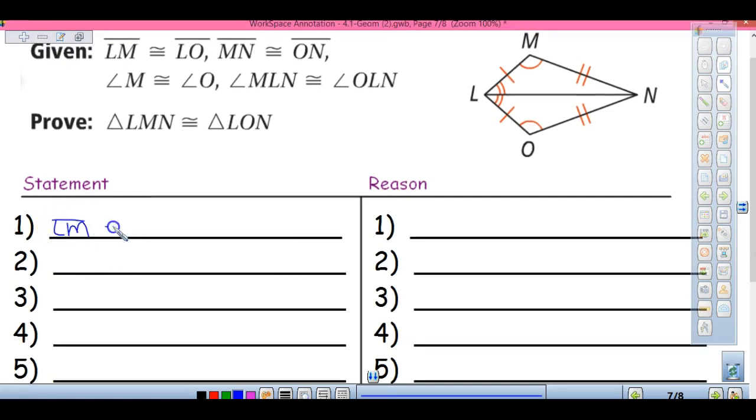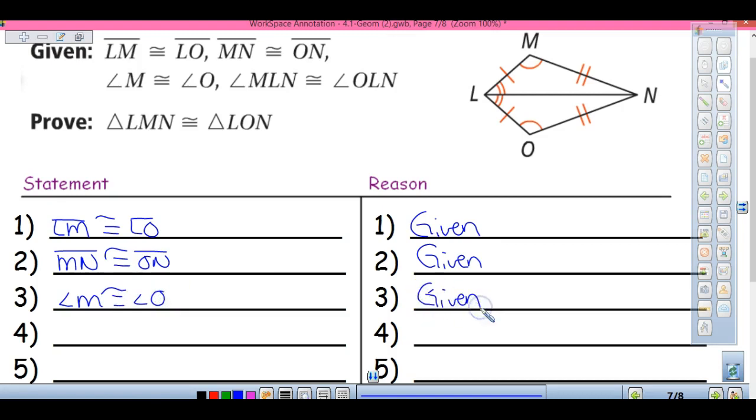LM is congruent to LO, given. MN is congruent to ON, given. Angle M is congruent to angle O, given. Angle MLN is congruent to angle OLN,